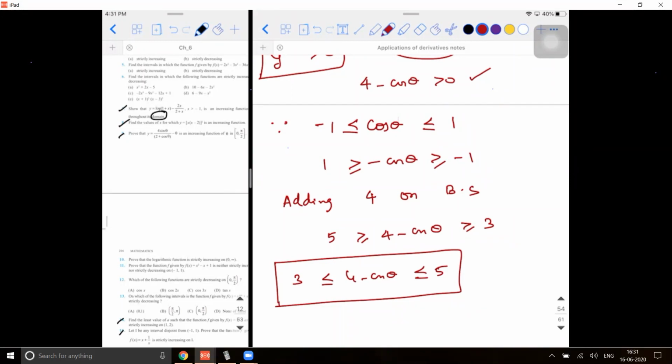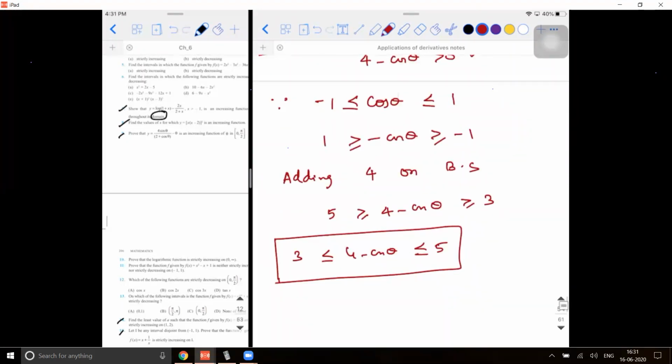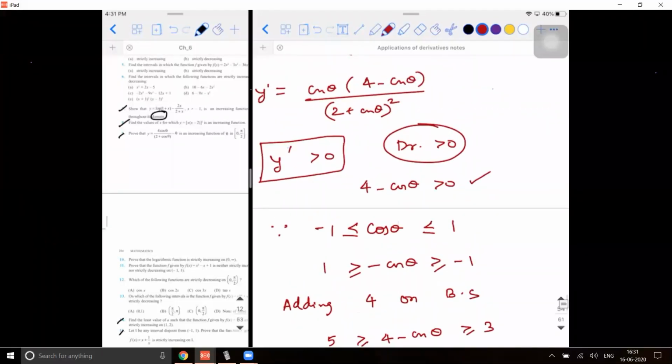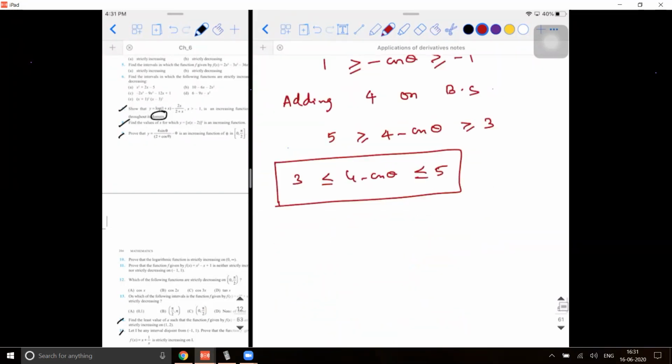Is it clear? So that is why it is always positive. So what is the only thing I need to check? We have understood that this is positive for whatever value of theta you substitute. This is also positive. So what is the next check that I need to do? Only cos theta. Hence, cos theta should be positive. Cos theta obviously is positive in 0 to pi by 2. That's the answer. So that's the question, right? So you need to prove that it is increasing in the interval 0 to pi.